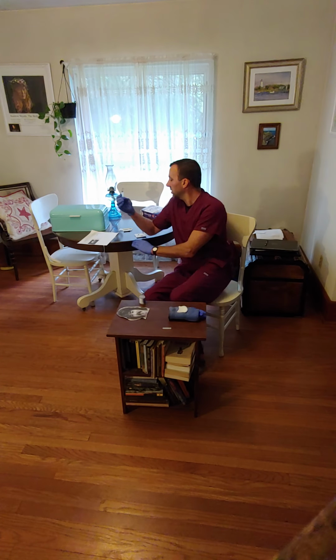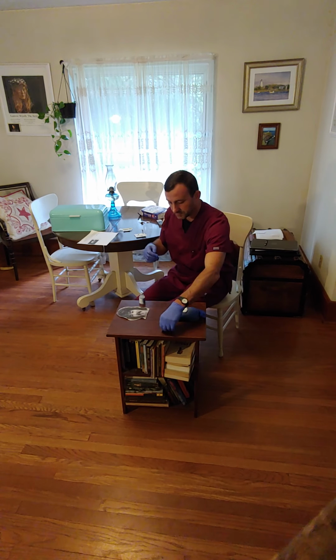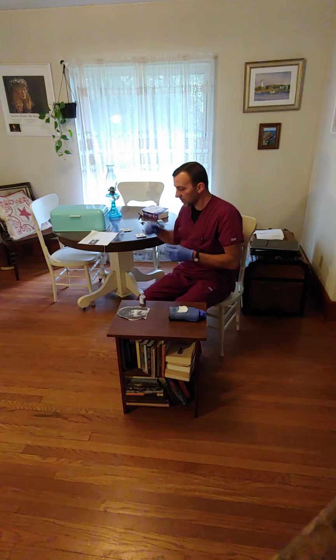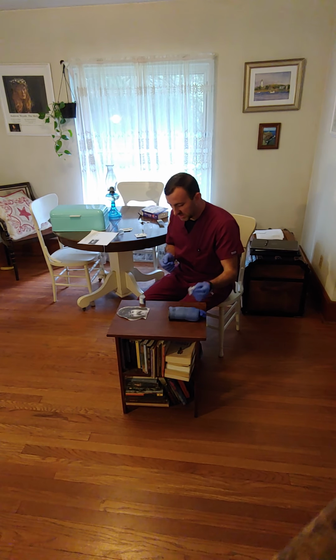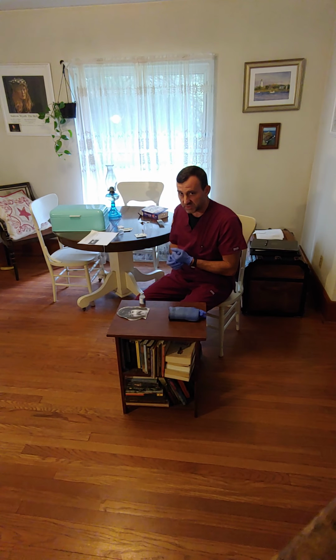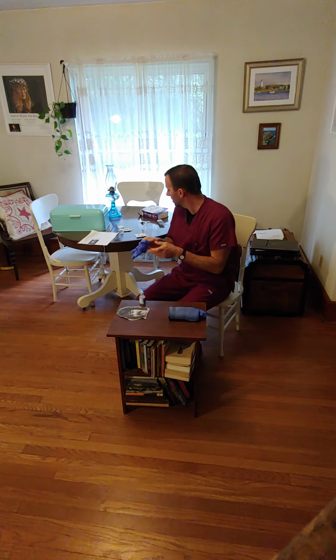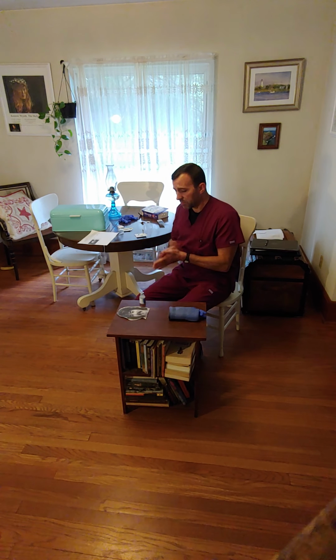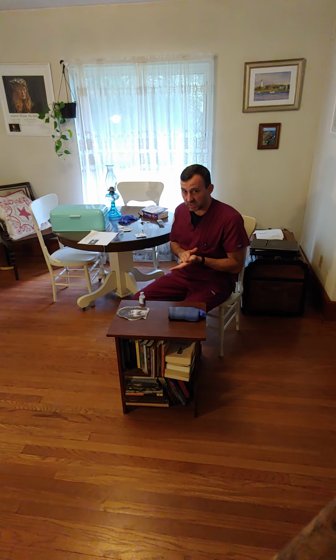We're not going to recap our needle. We're going to put it in the sharps container. We're going to check he's not bleeding, so we don't need a Band-Aid. We're going to assist Mr. Prine back into a comfortable position. I'm going to take off my PPE, perform hand hygiene. I'm going to document,